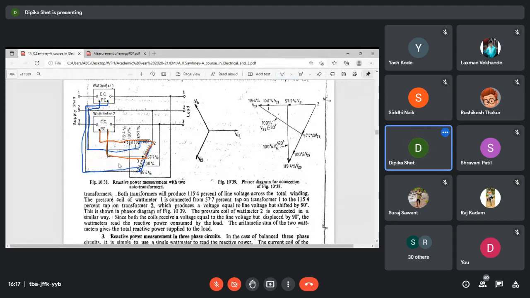Okay, so like this it will be connected. Why are these pressure coils connected in this way? Because the second terminal will be connected to a common terminal, so that the pressure coils of our wattmeter 1 and wattmeter 2 become able to measure the line voltages,